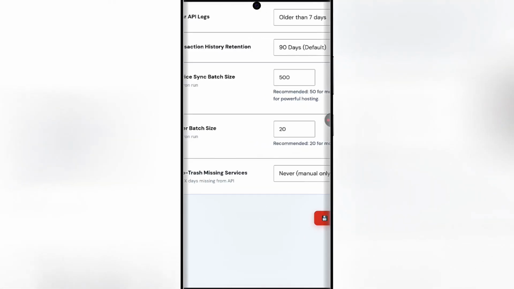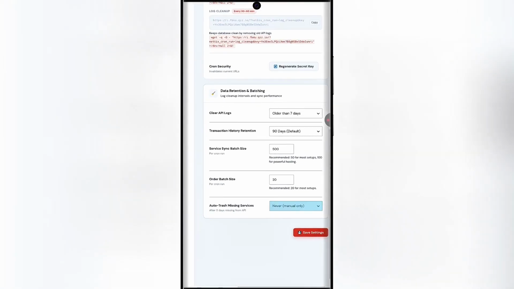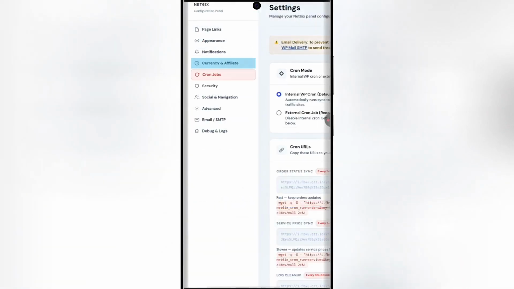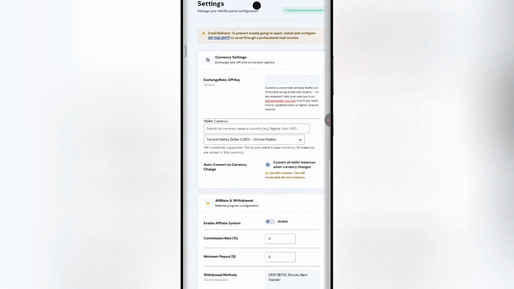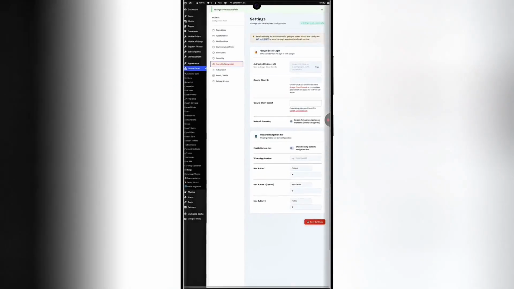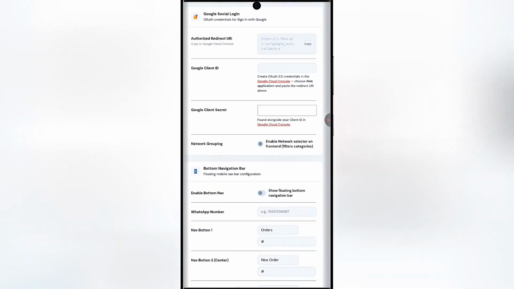You can set up the auto trash missing services also. This will trash services that are no more available on the provider's panel. The currency section is where you can change the panel currency, and the social and navigation section is where you set up Google login for users, and also set up WhatsApp number support, where users can text you for any